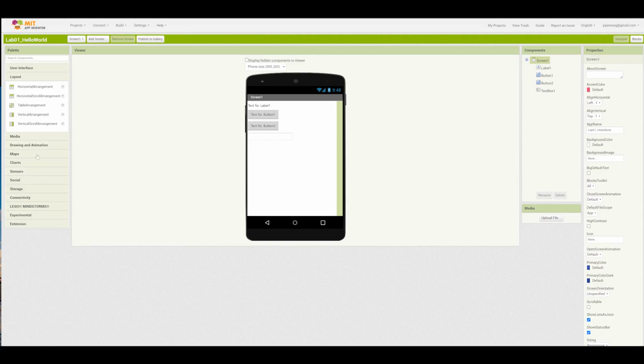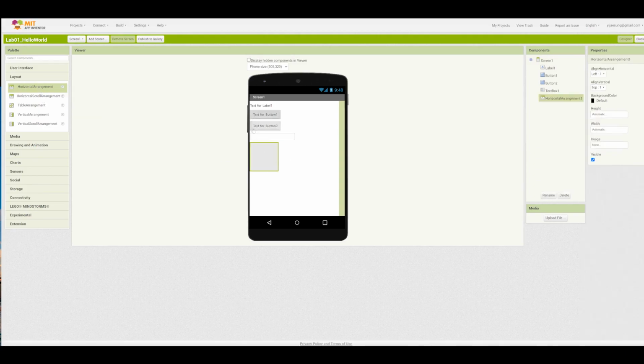And layout means if you put some components into a horizontal or vertical arrangement, then you can use this layout component. So if you click here, then you can arrange your components here. Also, I'm going to explain in detail later on. Okay,